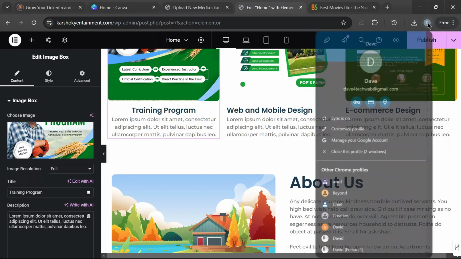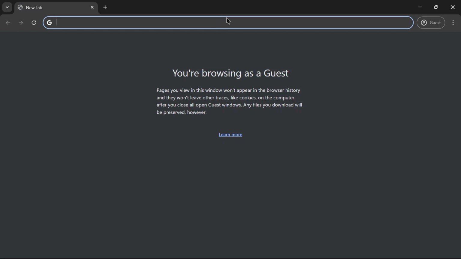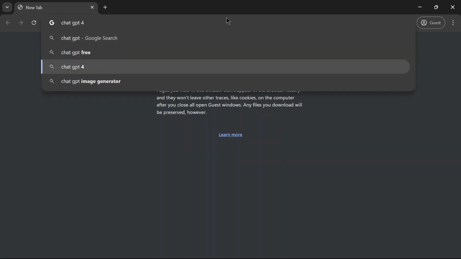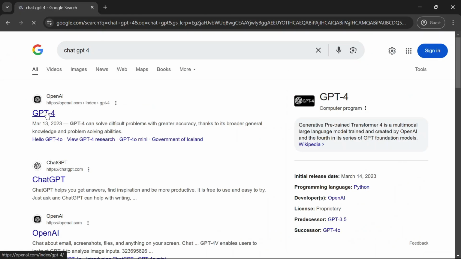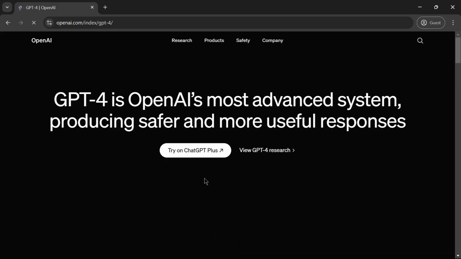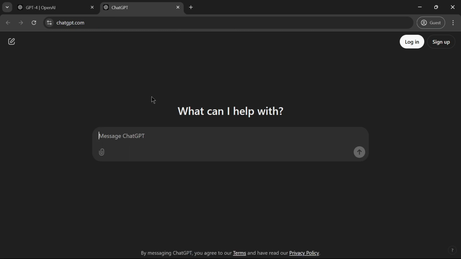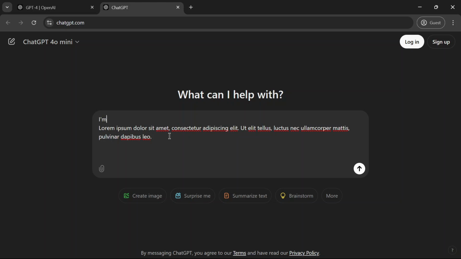Let me use ChatGPT. Let me use this guest profile. Go to ChatGPT. I come here. I just use the free one first. What I do is, I'm designing a website for a farm,